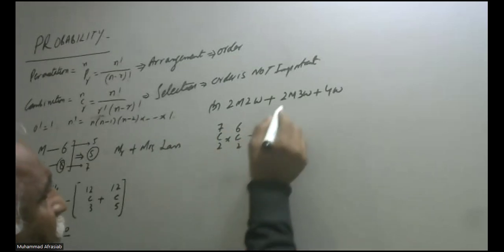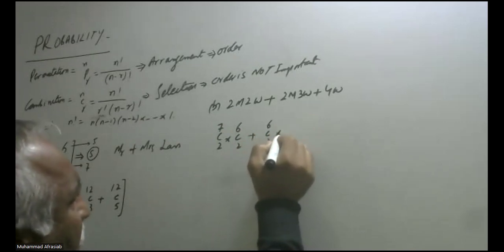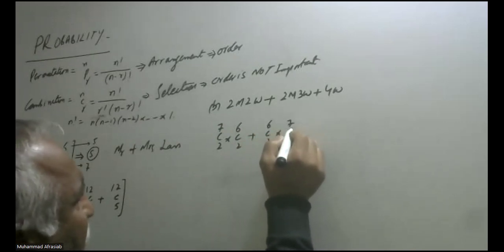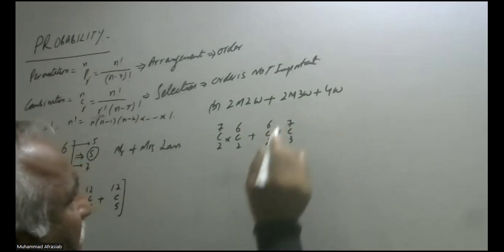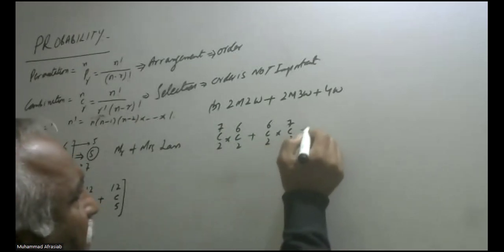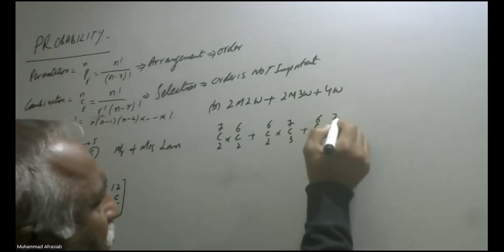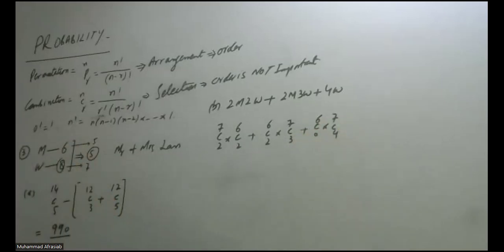Then two males, that is 6C2 into 7C3, because three females are there. One woman is already selected there, plus 6C0 into 7C4. So this answer is equal to